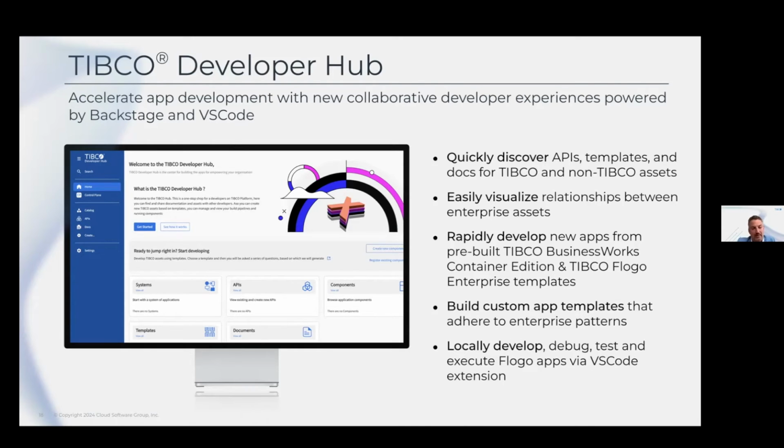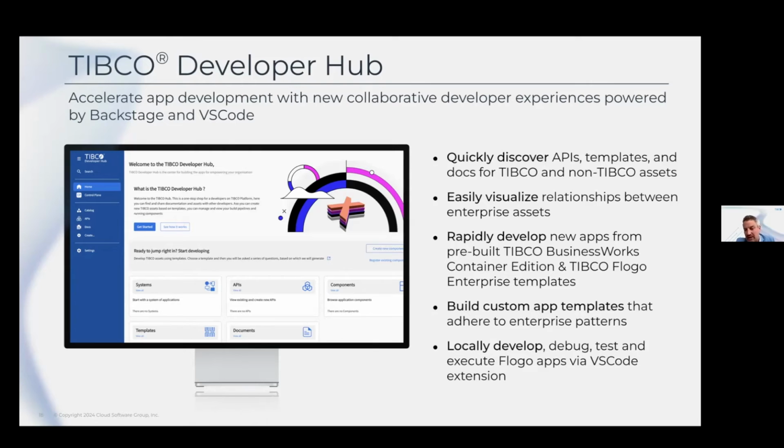So the Developer Hub is basically for TIBCO developers, and it brings everything together for a developer, right? So you can have your list of APIs, you can have your documentation, you can have your source code, you can use templates to create new assets. You can manage your CI/CD pipelines, track them. And what's also very cool is that the Developer Hub is based on an open source technology called Backstage.io as part of the CNCF,